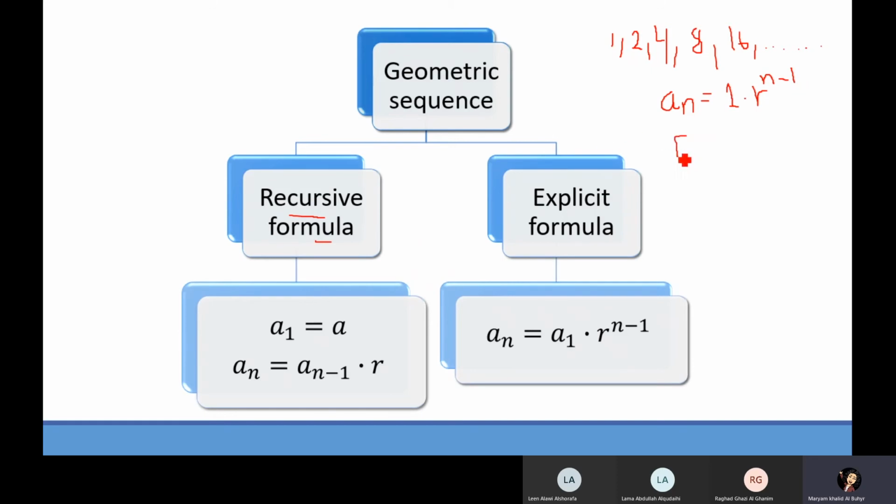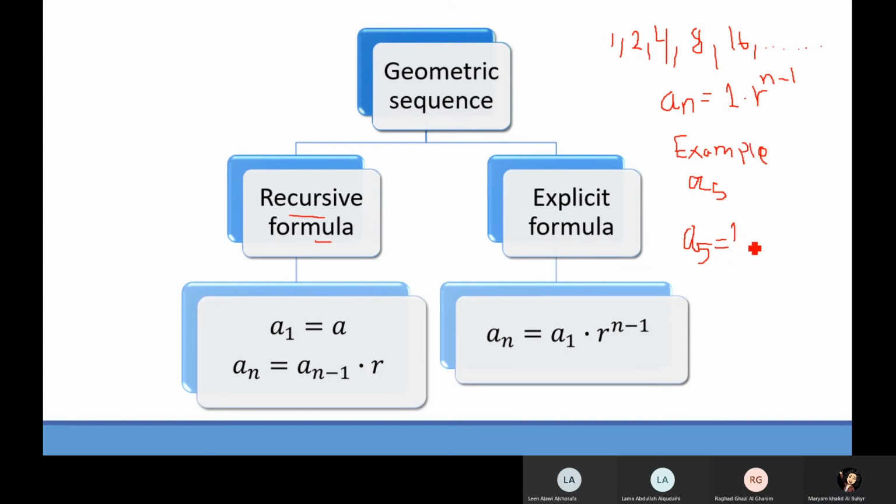For example, let's write an easy one. Find a5. If you need to find a5, you don't need to have a4, like a recursive formula. You can just say a5 and substitute in your formula, a5 equals